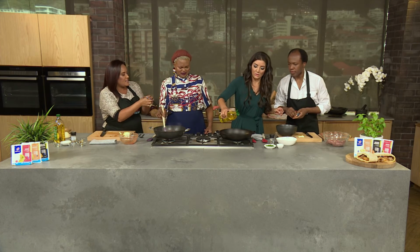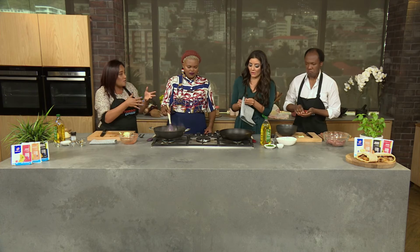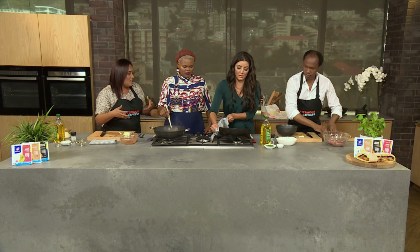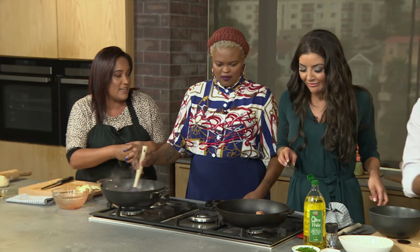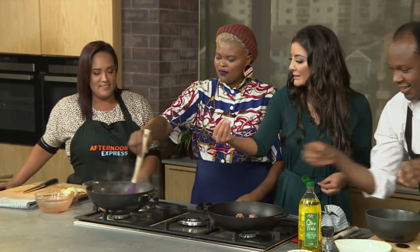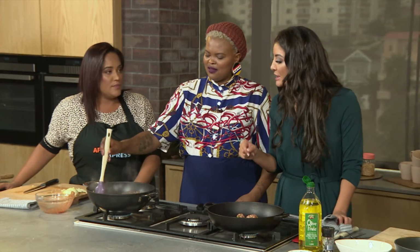What I love about these is they're small, so they're going to cook quickly. Those are going to hit the oil, and they're not going to take very long at all to cook through. Then we can start rolling and assembling our calzone the minute we've got them brown. Aubrey, those are a great size, actually, spot on. Perfect. So we've got our little meatballs on the pan over here, and then our delicious tomato sauce,